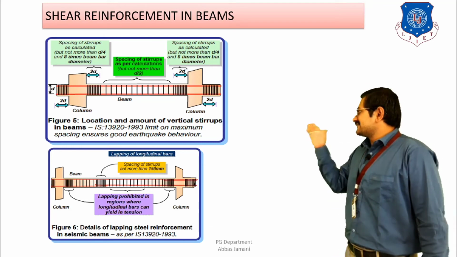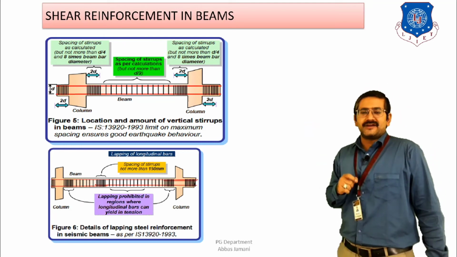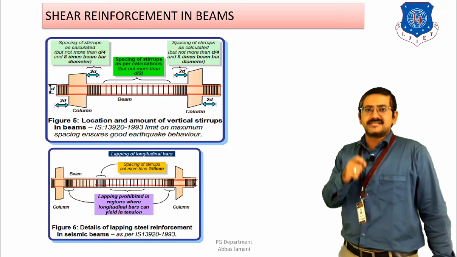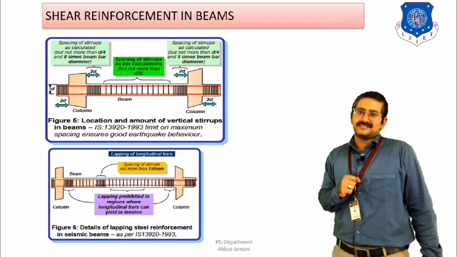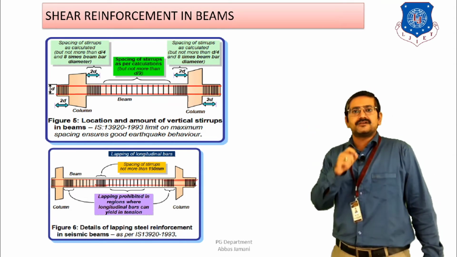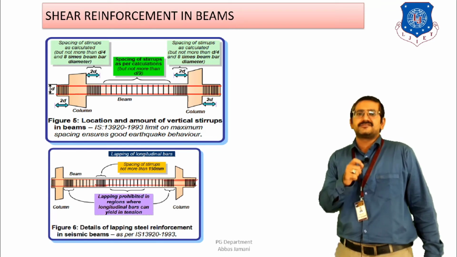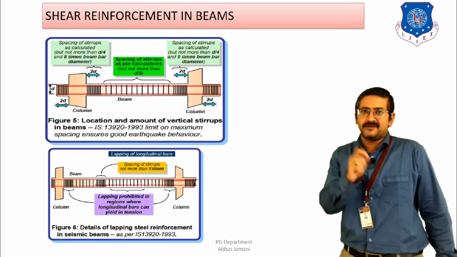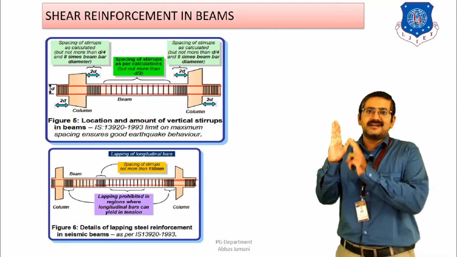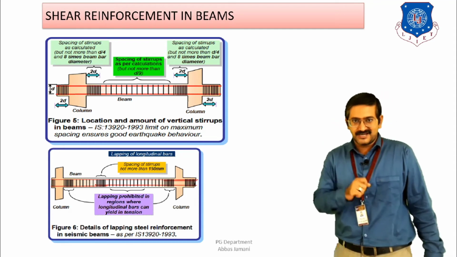Now if I look at the figure closely, the closed loops are provided, but the question that comes is what should be the spacing of these loops, right? For the selection of spacing, again 3 guidelines are provided. First is that the location of the first loop, or the first stirrup, from the face of the column should be at least 50 mm apart, right? From the face of the column, the first ring should be at least 50 mm apart. That is the first guideline.